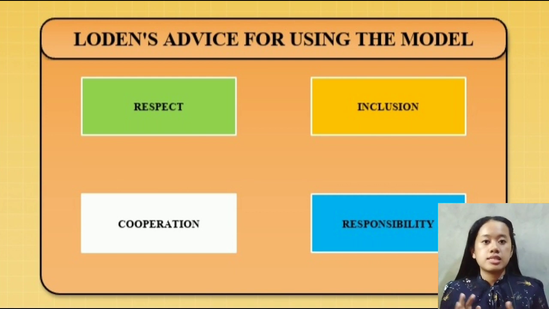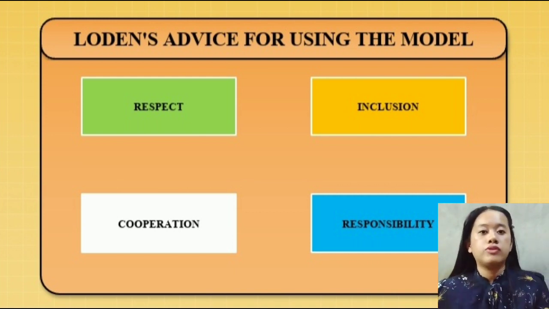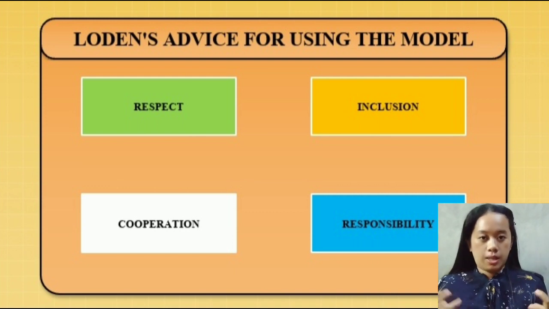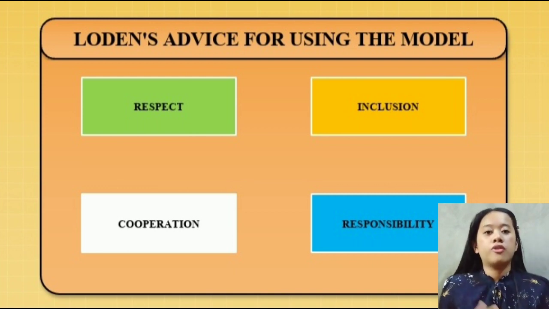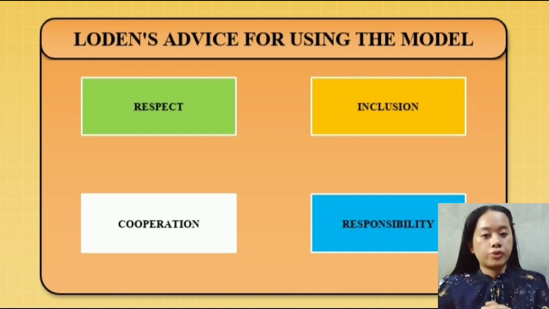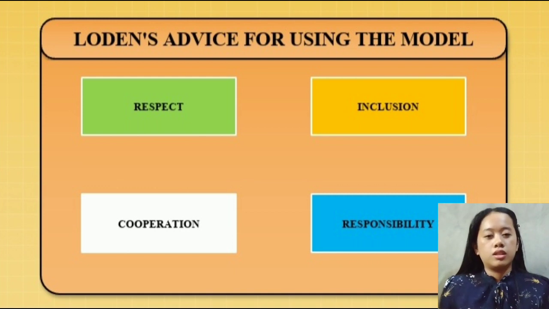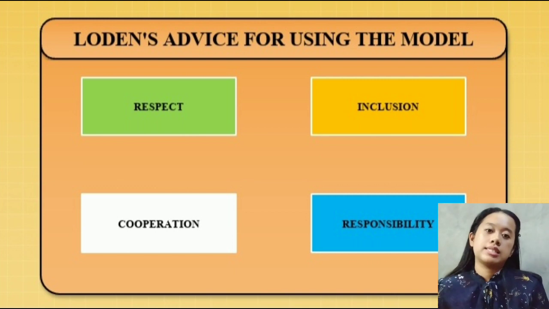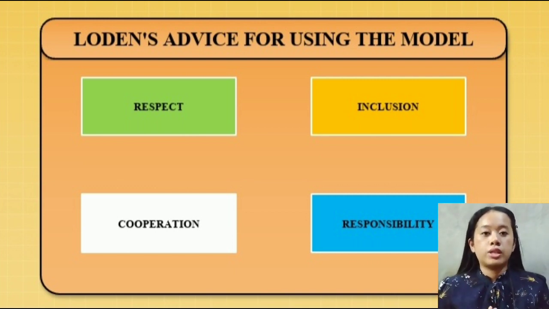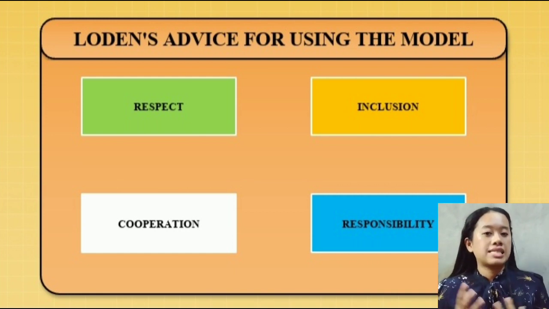So next is the third, the cooperation. So cooperation, actively helping others succeed rather than competing or attempting to one up someone. So it is a desire to assist someone to make a milestone, perhaps of her academic standing. So here, competition is actually out. Wala na siya. Or off in the bounds of cooperation. So the assistance and help is a more important value and virtue here that can be offered. And the last one is the responsibility, managing personal behavior to maintain a diversity positive environment,